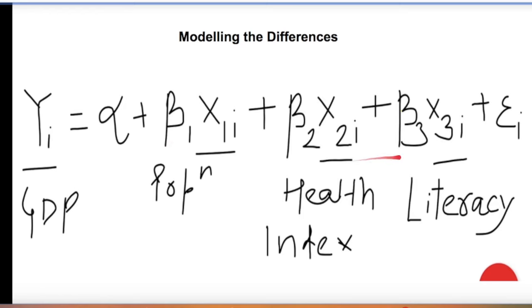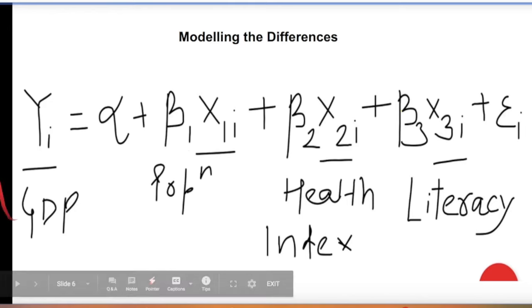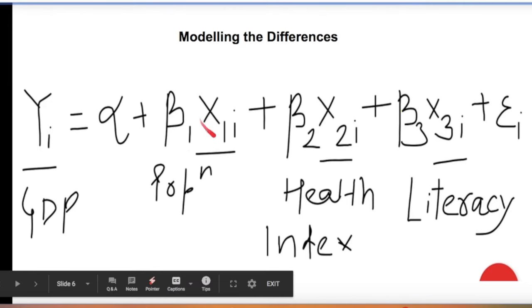So beta 1, beta 2, beta 3 are basically the three coefficients here. The one which has a higher value, and also depending on what sign that value has, if it is a positive sign or a negative sign, you interpret the impact in relation to that sign. So depending on the sign of the coefficient value, the significance of the coefficient value, and the actual value of the coefficient, you will be able to make a judgment on which factor is the most important factor and how much percentage change is being identified in this growth indicator with a unit change in this factor.